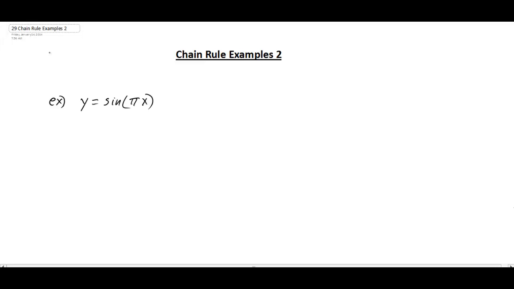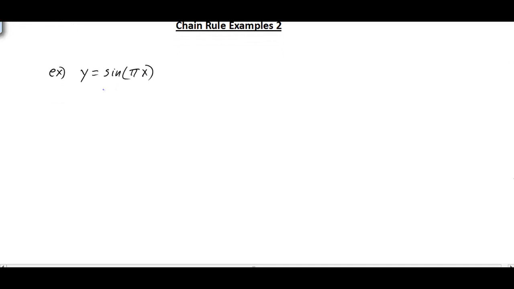All right, this video is going to look at 4 more examples working with the chain rule. And the first example that we have here is y equals sine pi of x. So we start off with a trig function. And if you notice the formulas that you see in your book, or if you have a formula sheet